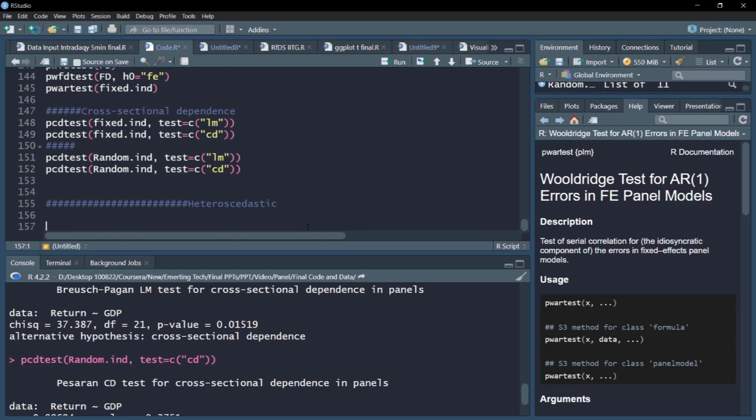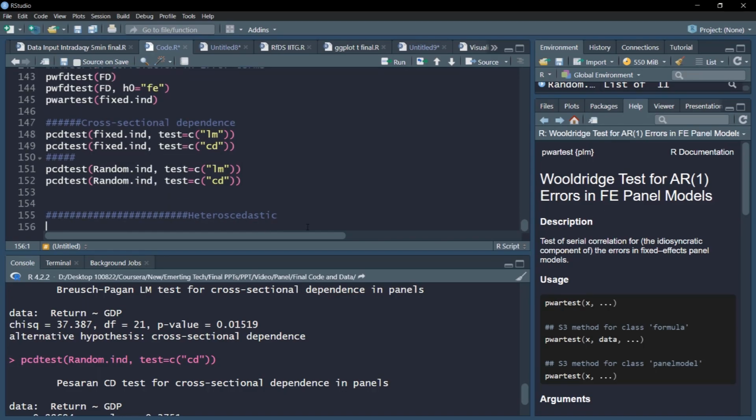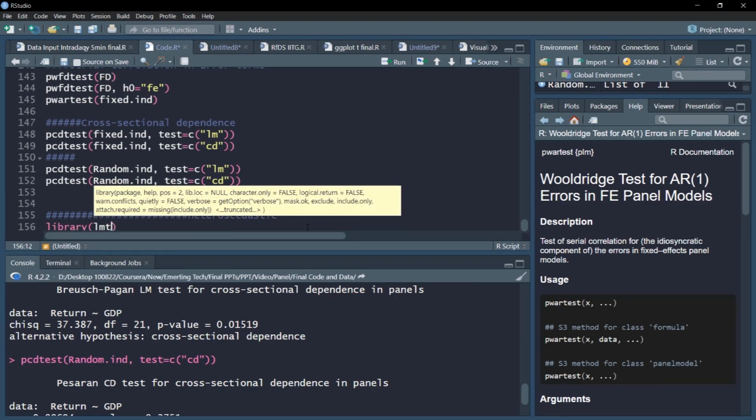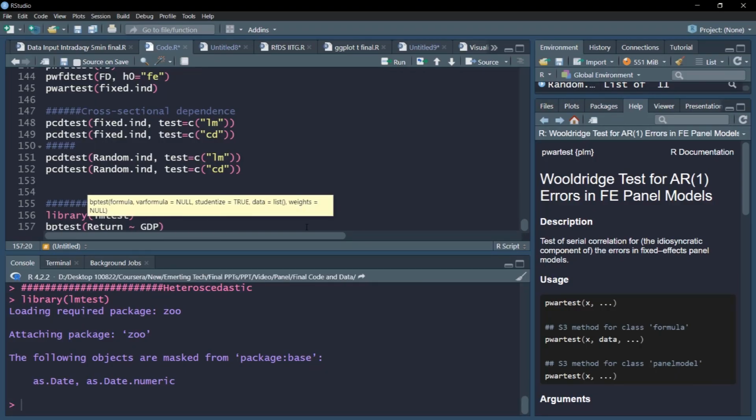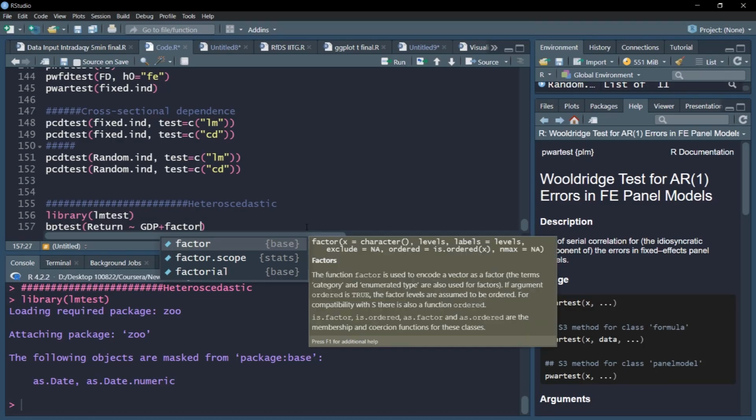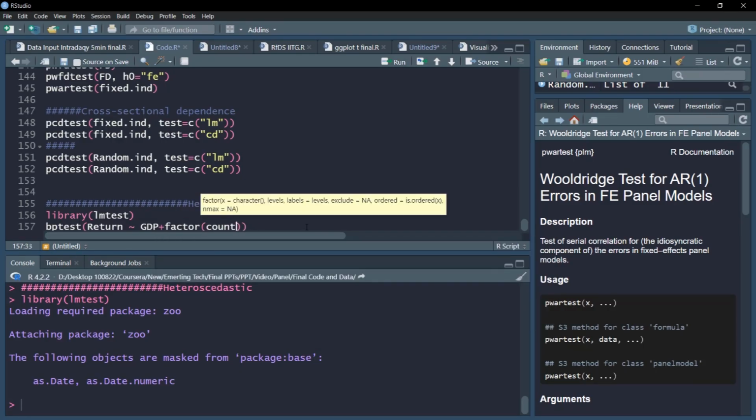So let's see. A very simple BP test is available. That would require the library lmtest. If we have not loaded it, we need to load the lmtest library, and in it we'll perform this BP test. We have the return GDP as a variable, and let's add factor effects. The effects are country specific effects we'll apply, and after applying them, let's see how our errors behave.